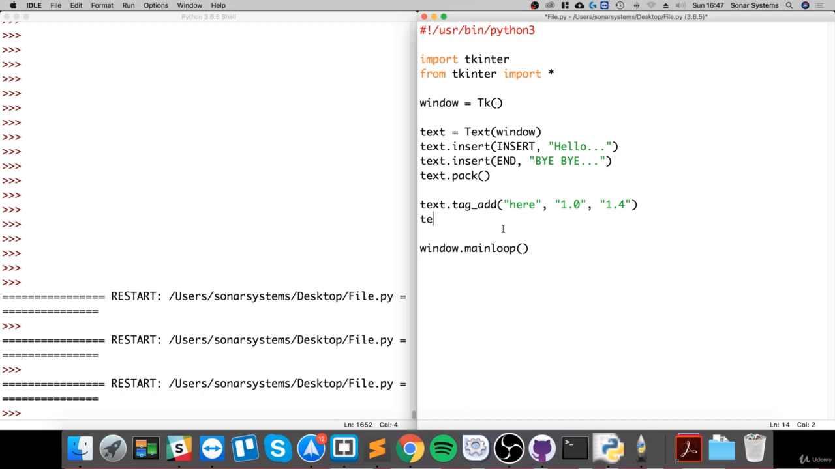And we'll add another one. I'll actually just copy this, and I'm gonna call this start. Use a 1.8, 1.3,